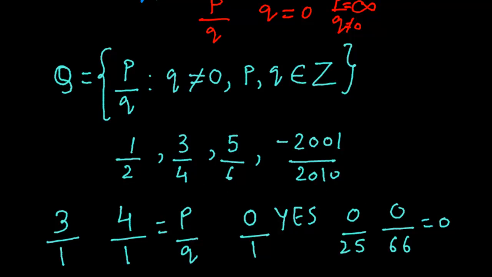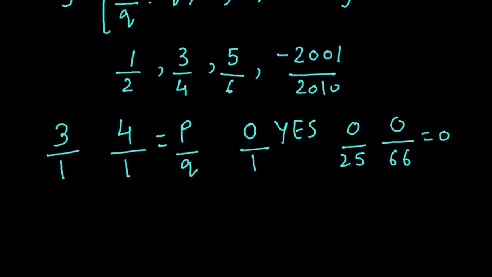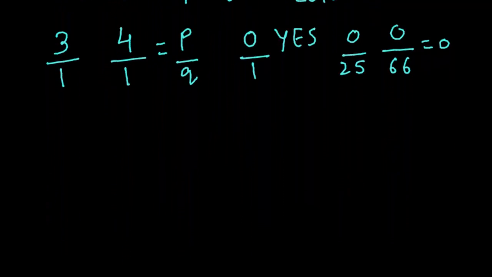So these are the 4 basic categories of numbers. First one is counting numbers or natural numbers. Second one is whole numbers. Third one is integers, and fourth one is rational numbers. And here I would like to end my session about numbers. In the next video I'm going to show you how to represent these numbers on number lines.